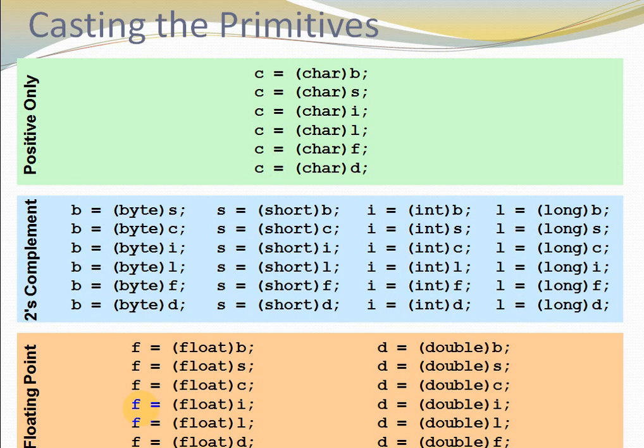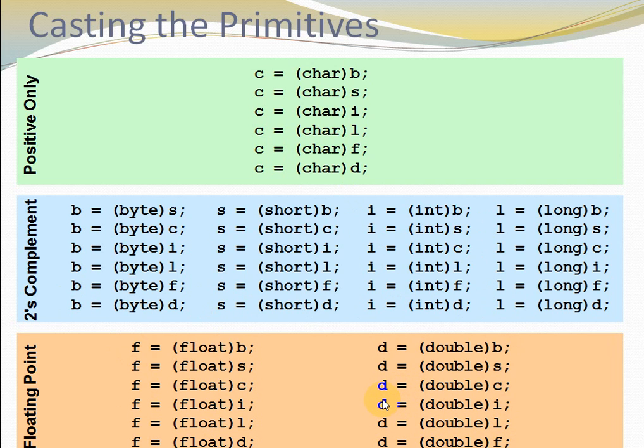We can also typecast one primitive variable into another. To typecast, we just need to explicitly mention which type you want to convert it to. For example, here B is a byte which is converted to char C. S is a short which is converted to char. Similarly, all variables are typecast. B is for byte. Here all has been converted to short, here to int, here into long, here into float,